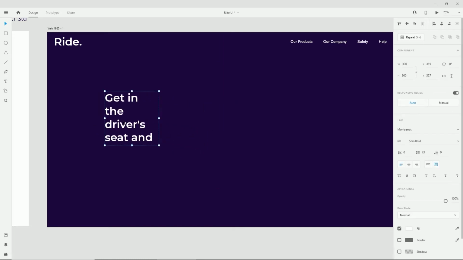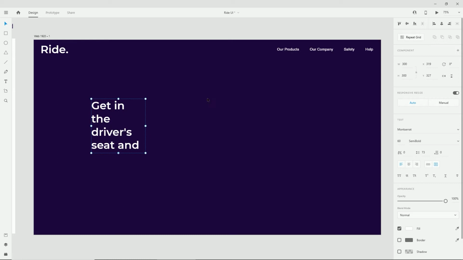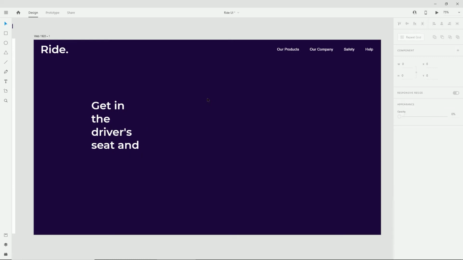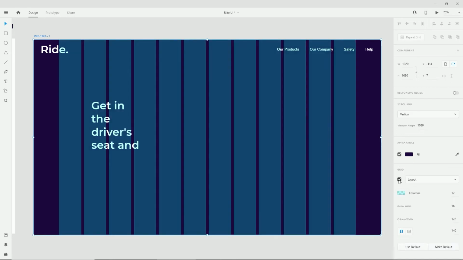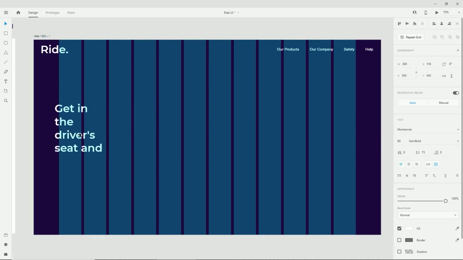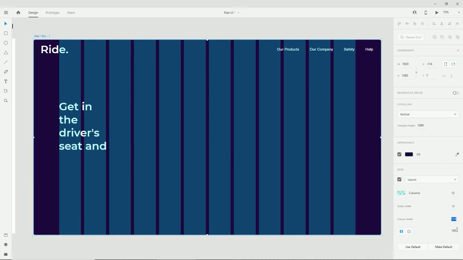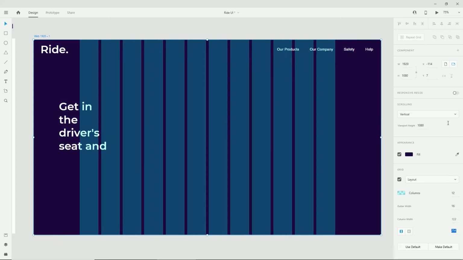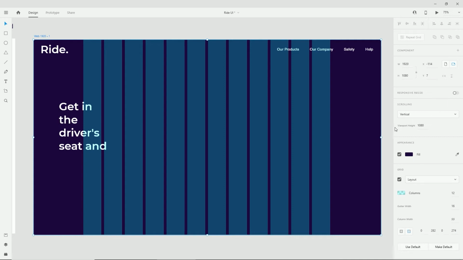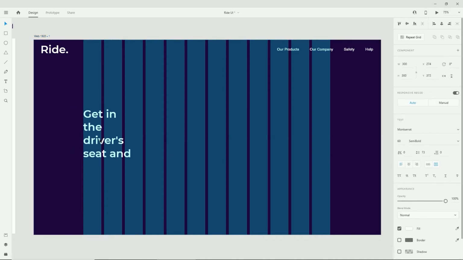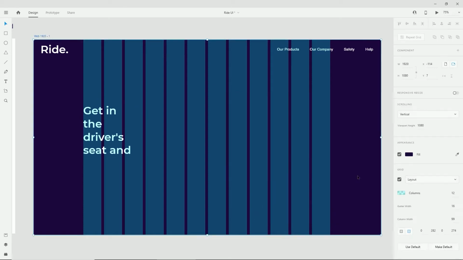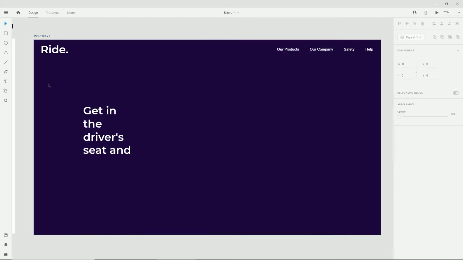I'm not going to use any specific grids for this, but if you do want to use a grid, you can double click on your artboard and select the grid layout, and maybe you can use this grid to align your elements just like this. If I was to use this grid, I would probably move the column width to be a little bit bigger, and then I would align my elements around here. But as I said, I'm not going to be using these grids too much, so for this tutorial I'm just going to remove them and stick with this sort of space for now.